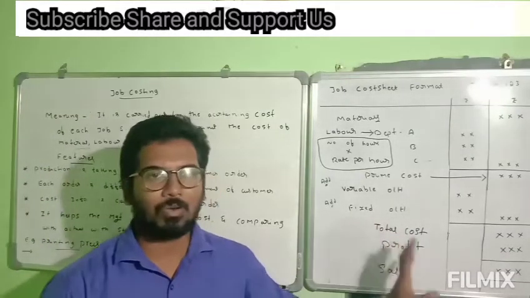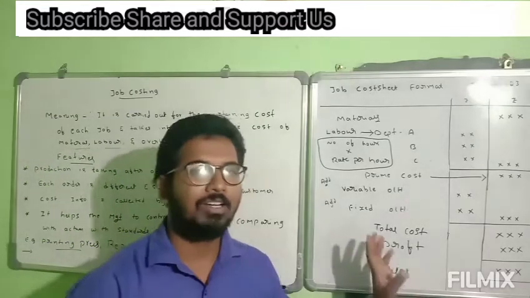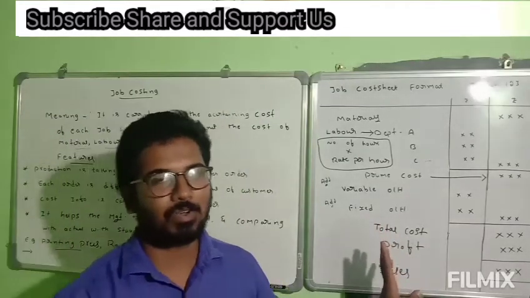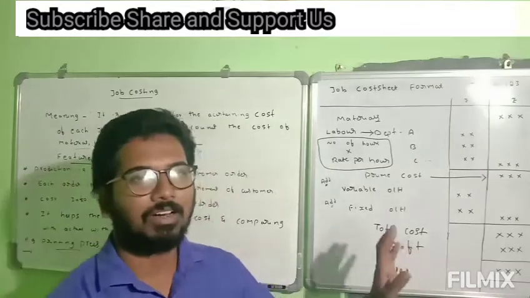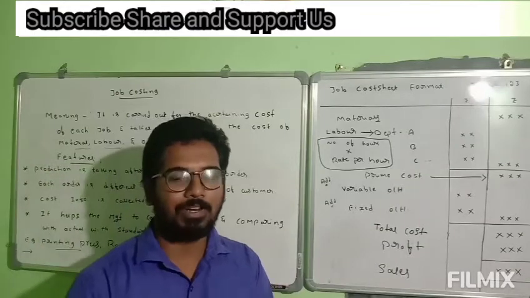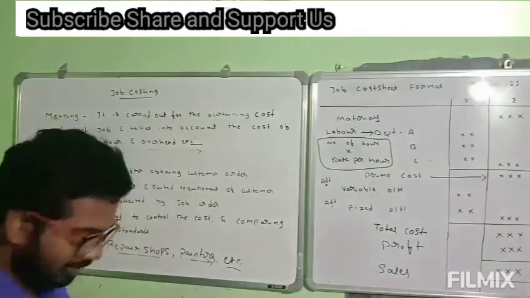And economic order quantity, the EOQ, is in batches. In material order costing it will come in cost accounting. That will come for 6 marks, and we can see it in the next session. So in this session we are going to learn how to prepare a simple cost sheet and how to identify the adjustments. So let us start with the